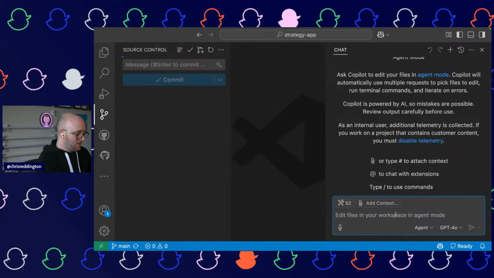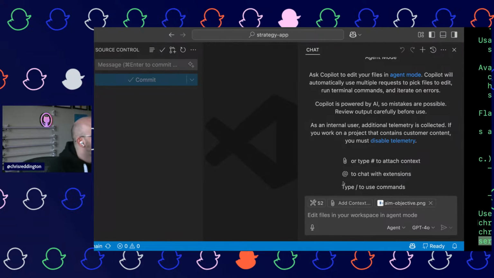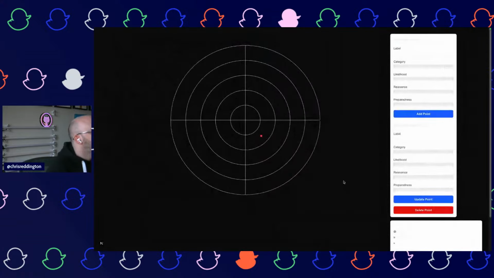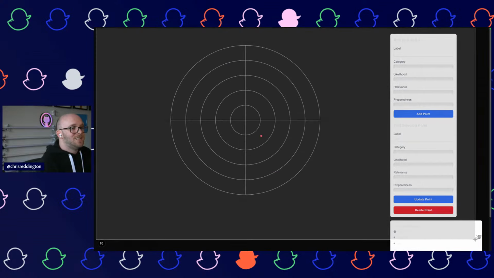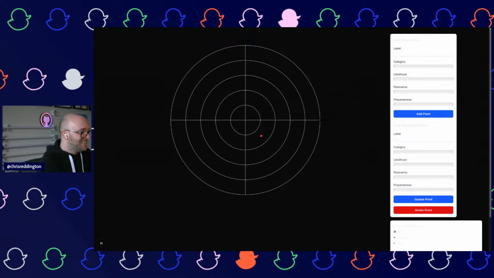And you know what I'm going to do here? I'm going to put both of the diagrams in. So the aim and the actual. It's Next.js. Yeah, so I initialized that app a couple of weeks ago and did nothing with it.